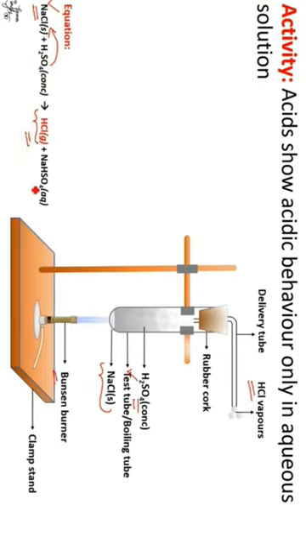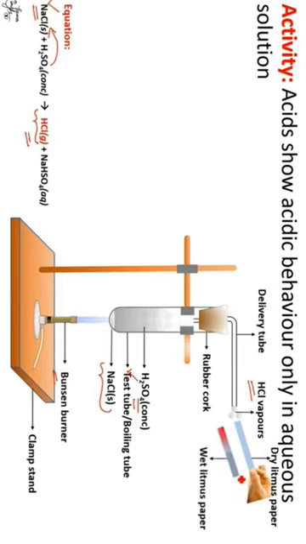We already know it is hydrochloric acid, but we want to test whether it is acid. To test that, you take one dry blue litmus paper and hold it to the vapors. What happens? Do you find any color change? No color change, because you have taken dry litmus paper. Now take one wet litmus paper and bring it to the vapors. What happens? The blue color changes into red.